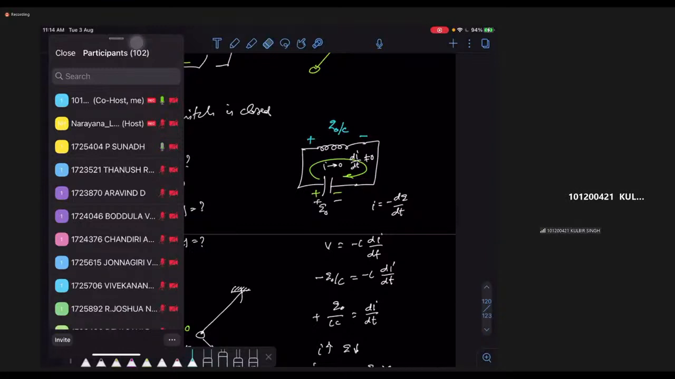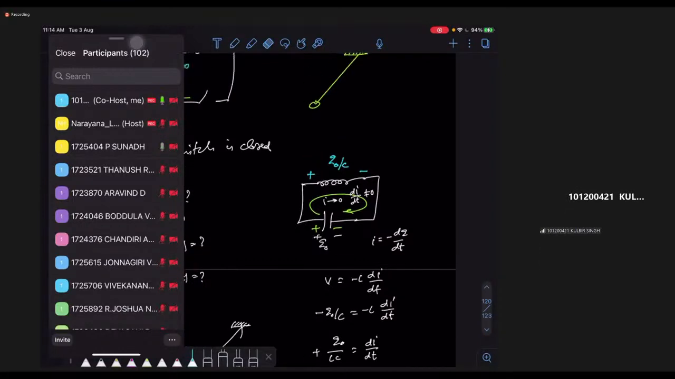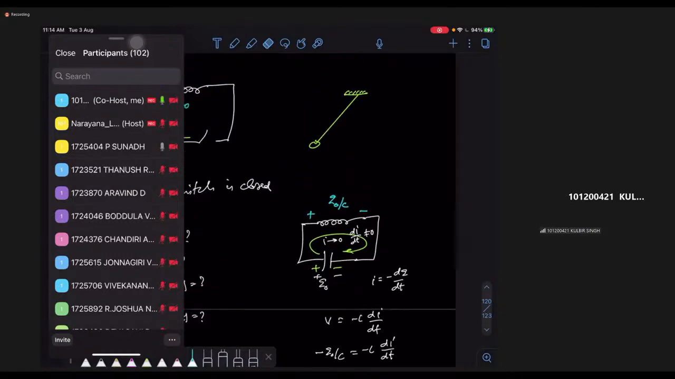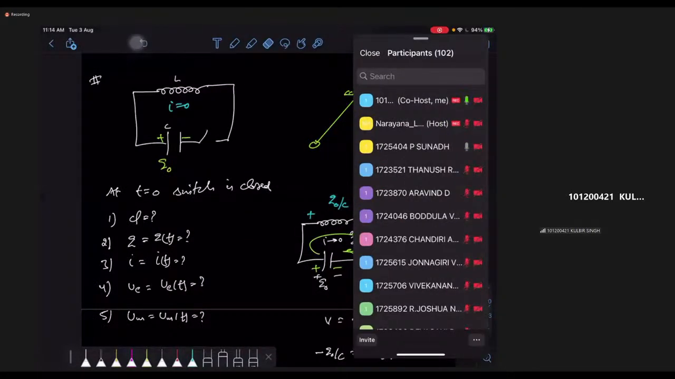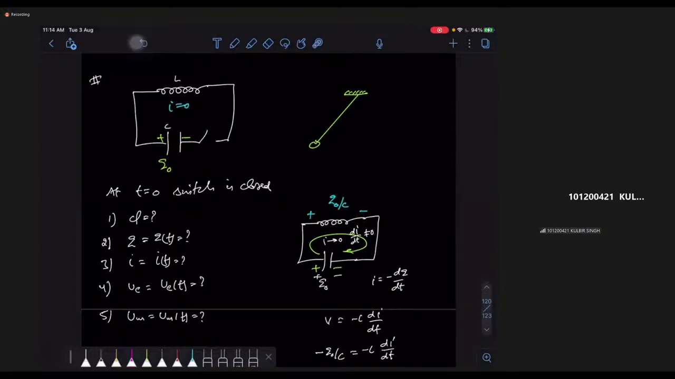Here, what is the condition I have given you? Initially, some charge is there on the capacitor. Some charge is given on the capacitor. Right? The battery was initially connected to the capacitor. Now the battery has been removed, and the capacitor and only